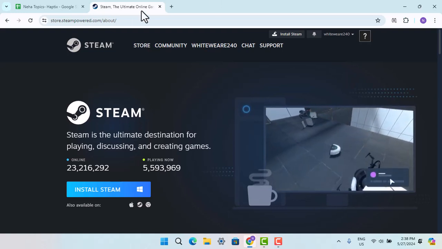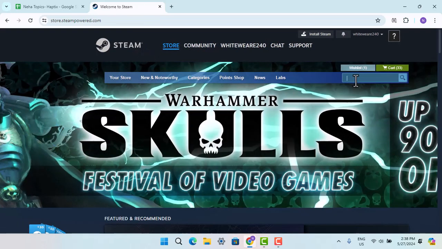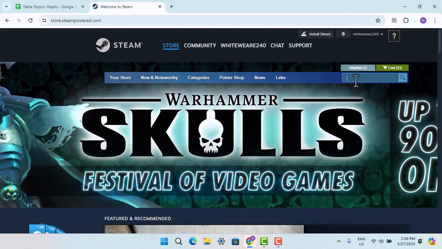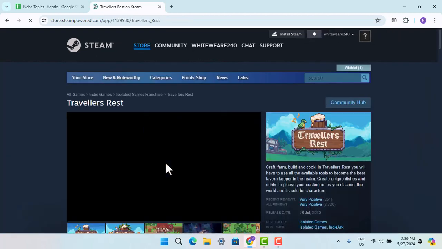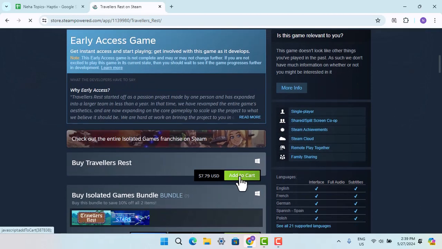And when you're done creating your account, go to store, and this is going to take you to the store section. And on the search box, you need to go ahead and type in the game that you're looking for, that is Traveler's Rest. When you locate the game, go ahead and press on it, and here you could go ahead and read all of this information, instructions, all of that, and then you could go ahead and click on add